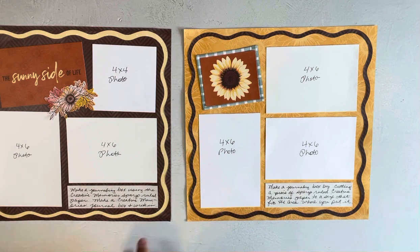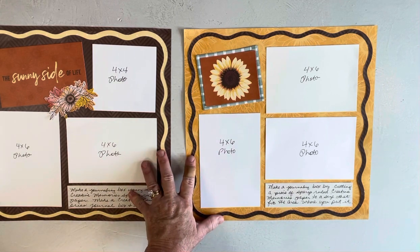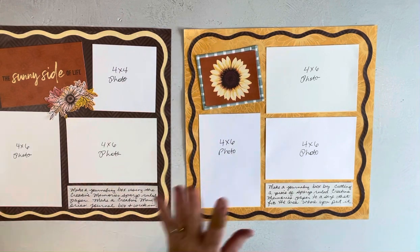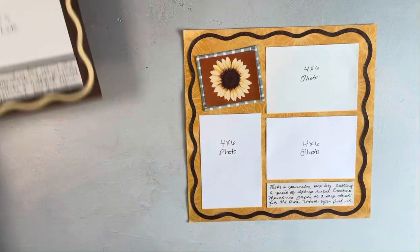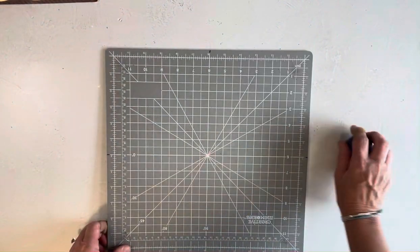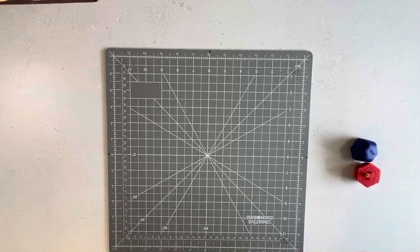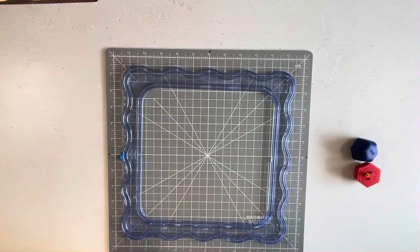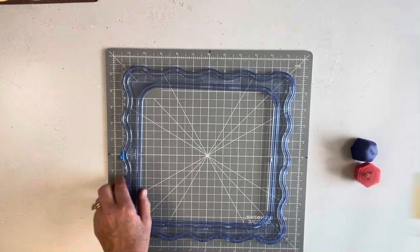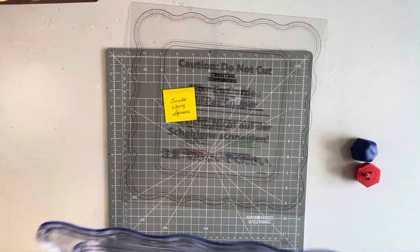Today you'll learn how to make these 2-page layouts, and they use a similar technique but different. So I'm going to show you this one first because it's the easiest. Set that aside. Set this aside. I'm going to grab my custom cutting system with the jumbo wavy square template, and this is my guide that goes with my template. Well, let me grab it, this guide. Okay, so